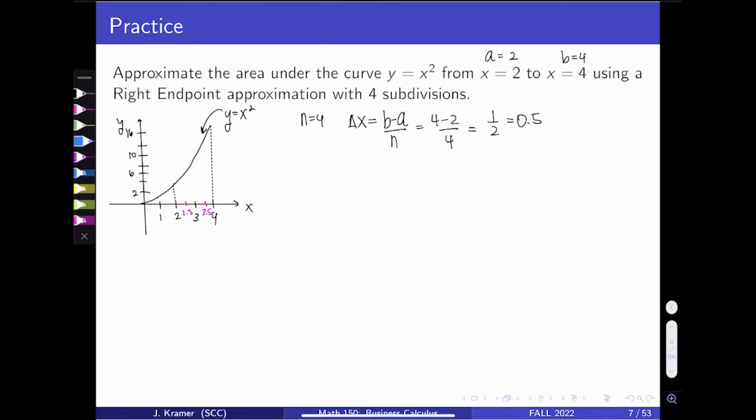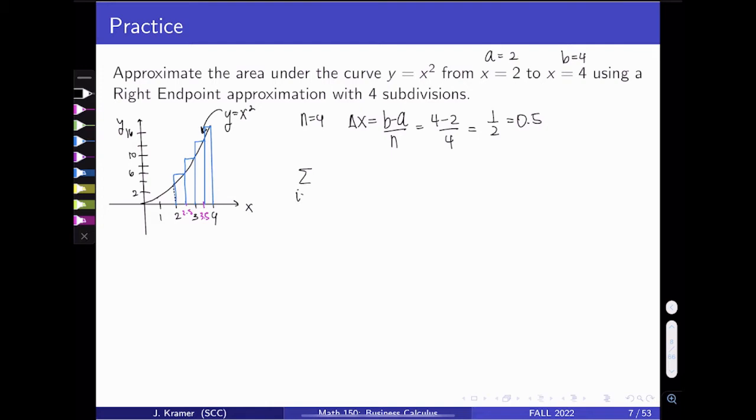So if we go to draw our rectangles, right-hand endpoints means you need to start at the right-hand endpoint, which is x equals 4. So we draw our rectangle up to the curve, and then we want to go over until we reach our next endpoint. So that's what it looks like visually to have right-hand endpoints, but what we're looking at mathematically in summation notation